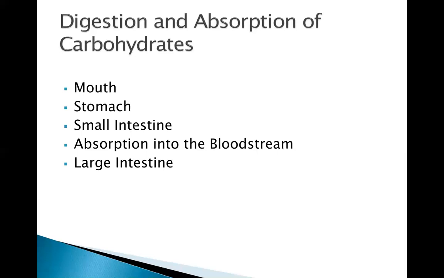In the small intestine, we have different enzymes that are released to help further digest our carbohydrates. And so this is where the majority of carbohydrate absorption and digestion takes place. Most of those carbs are transferred across the intestinal cells and taken up into the bloodstream. And then the large intestine really doesn't have much carb digestion going on, except for fibers that we haven't digested. Fibers end up in the large intestine, and fibers can be partially broken down by our healthy microbiome, so our bacteria living in the large intestine.